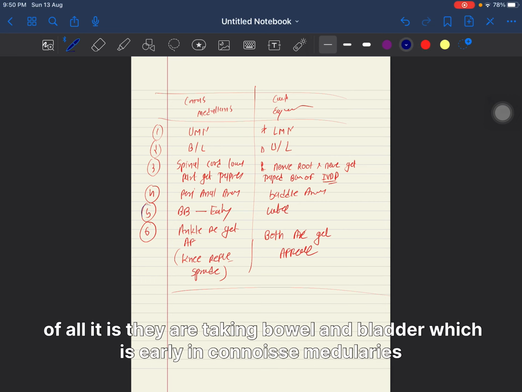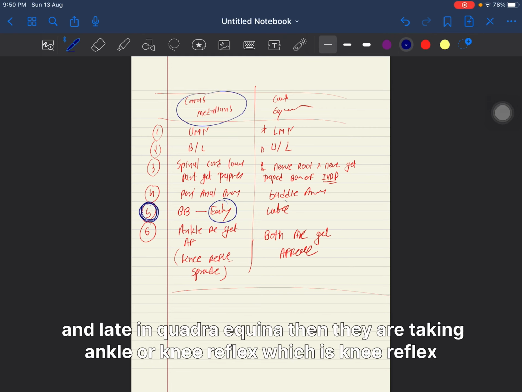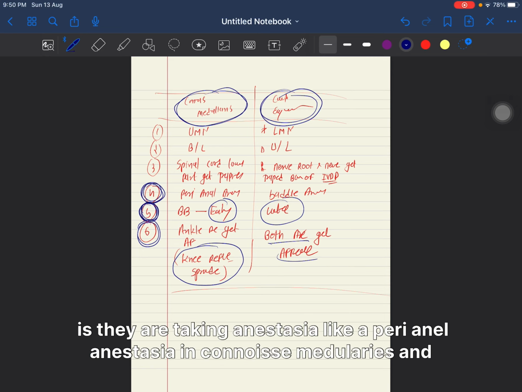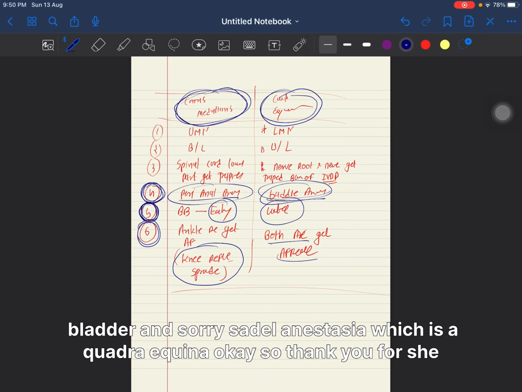First of all, they are taking bowel and bladder, which is early in Conus Medullaris and late in Cauda Equina. Then they are taking the ankle or knee reflex, where the knee reflex is spared in Conus Medullaris, and both are affected in Cauda Equina. And second, they are taking anesthesia: perianal anesthesia in Conus Medullaris, and saddle anesthesia in Cauda Equina. Okay,